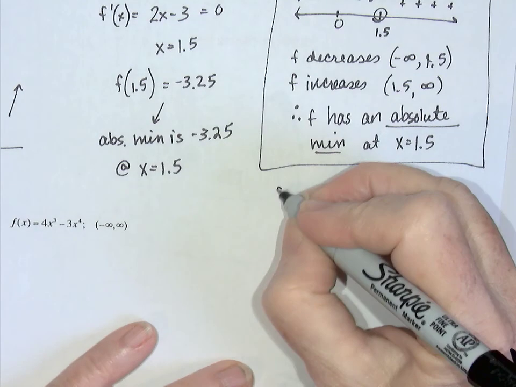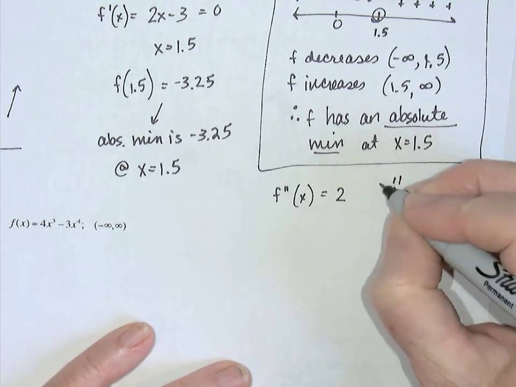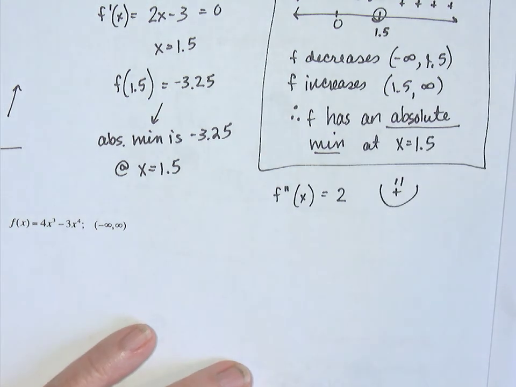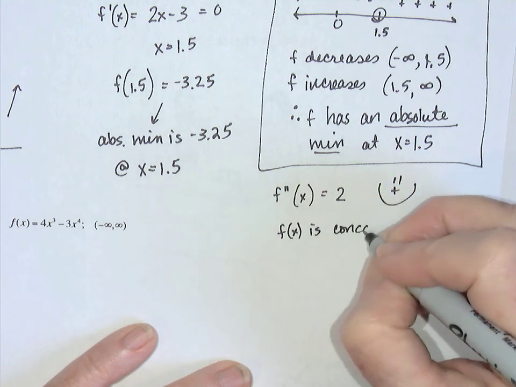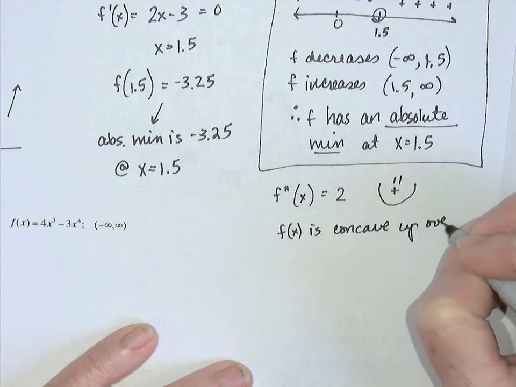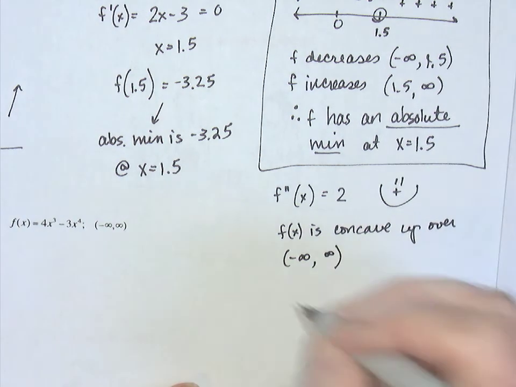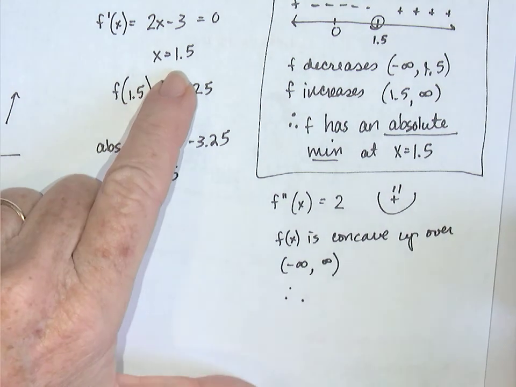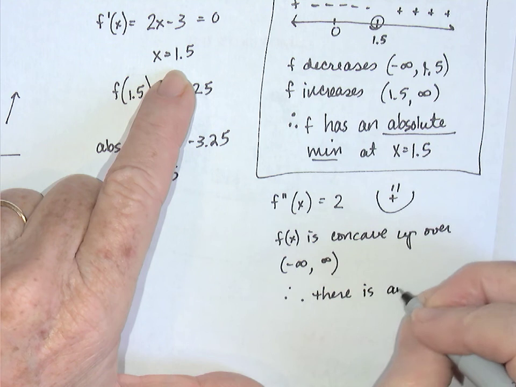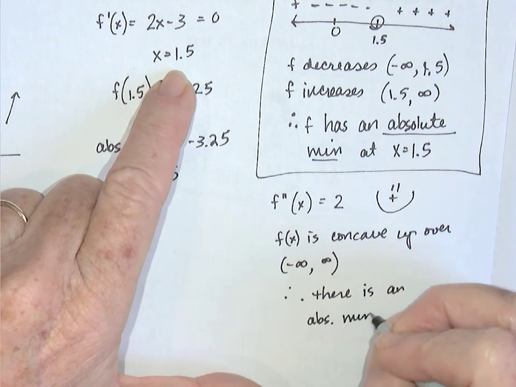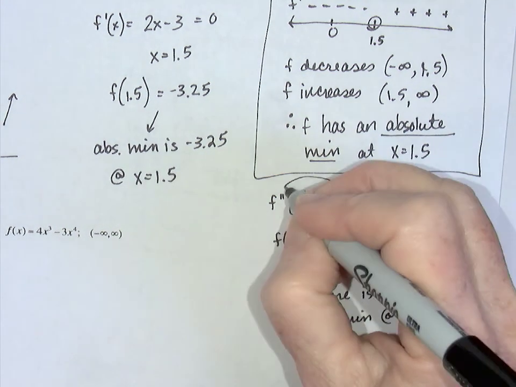Okay, another way you could do this is, let's take our second derivative. Our second derivative is 2. When the second derivative is positive, the function is only concave up, ever. So if I say f of x is concave up over, and again, notice I'm listing those endpoints, from negative infinity to positive infinity, therefore, the one critical value that we have must be an absolute min. Okay, and that's the third method to justify